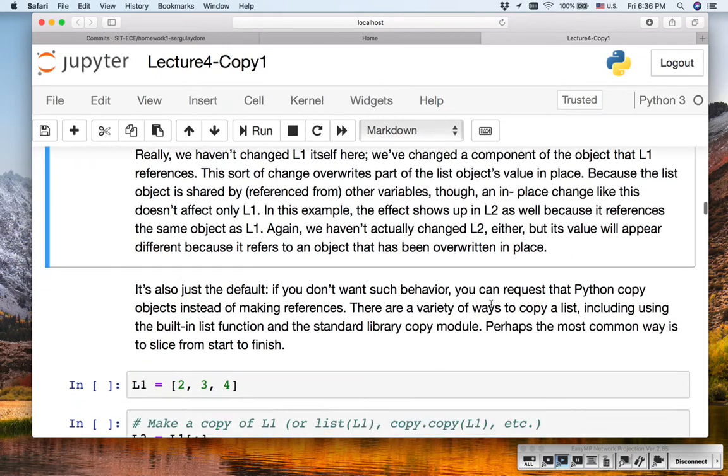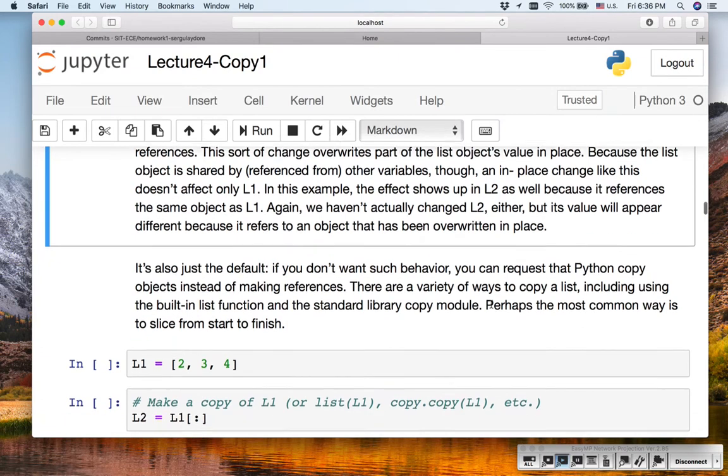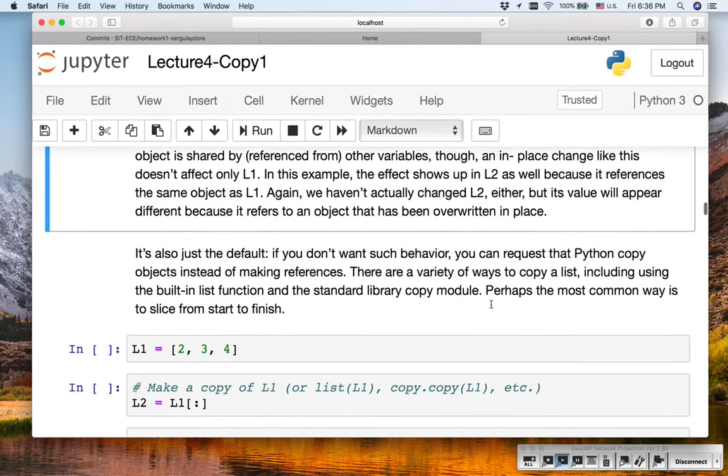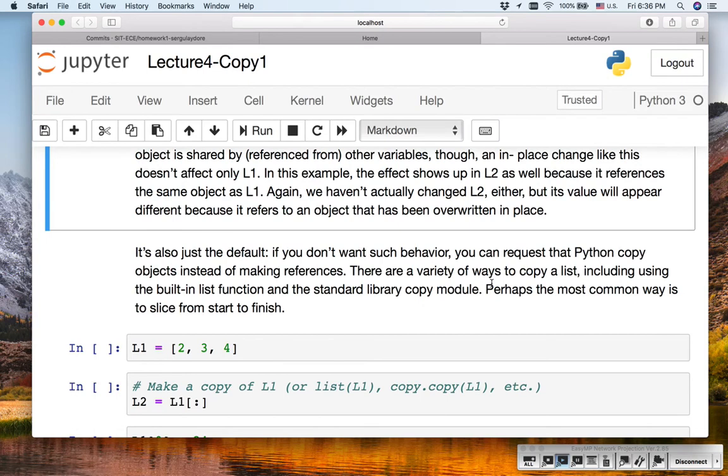Okay. Well, of course, in Python, you may not want to have this result all the time. So what do you do? There must be a way to avoid this, right? There must be a way when you want to make in-place changes, but not with all the variables. There are some different ways to do that, but what I illustrated was the default. When you make L2 equals L1, when you change L1, then L2 will change. If you do it this way, that's the default